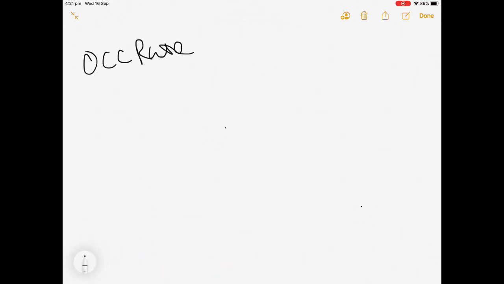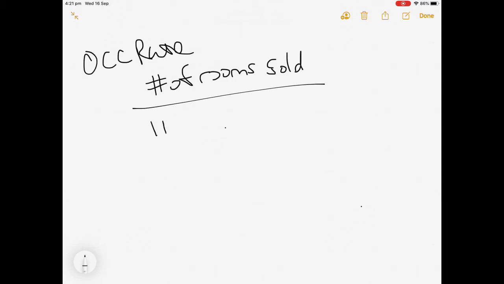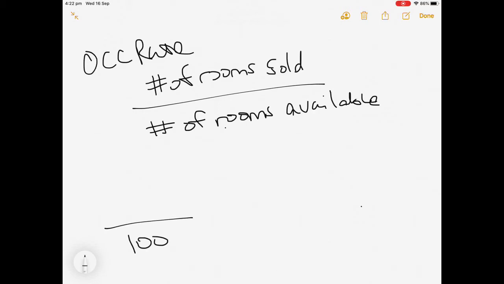Occupancy rate tends to be the thing that is pretty easy for everybody to do, and the reason is that you're just looking at number of rooms sold divided by number of rooms available. So this is pretty straightforward. If we have 100 rooms in our property and we sell 70 of those rooms, it is a 70%